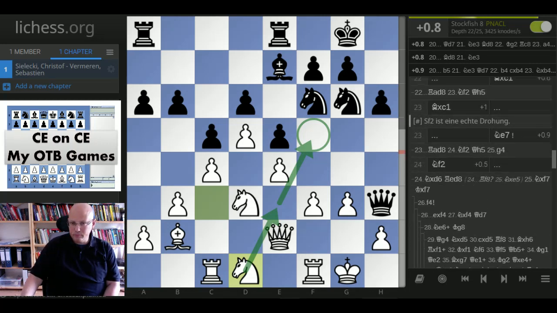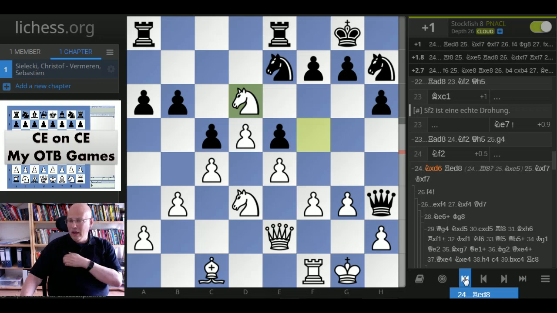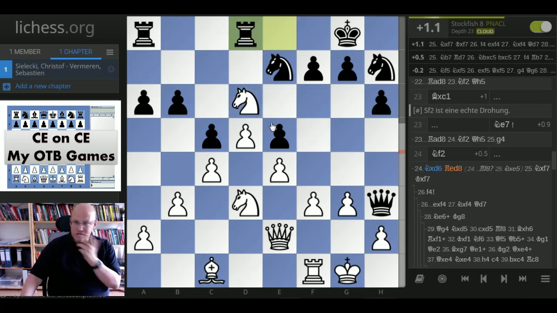However, when we got here, I started to think about this a little bit more, and then I discovered an idea that was extremely interesting. The idea was to not play knight f2, but rather take on d6 first. Yeah, what is the point of it? Okay, taking the pawn is fairly obvious actually, but the problem is after rook e d8, which is clearly the